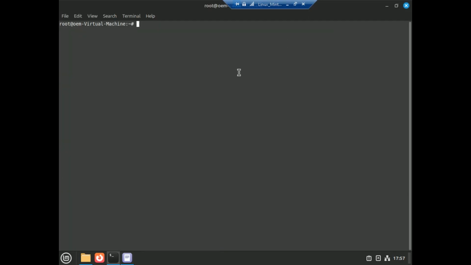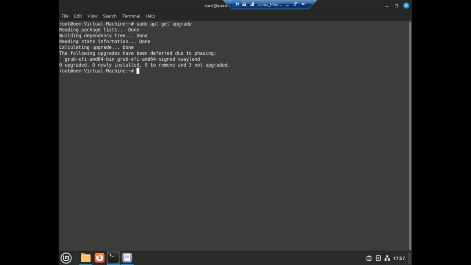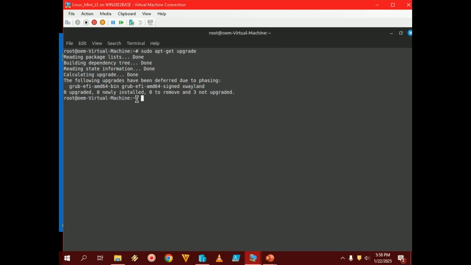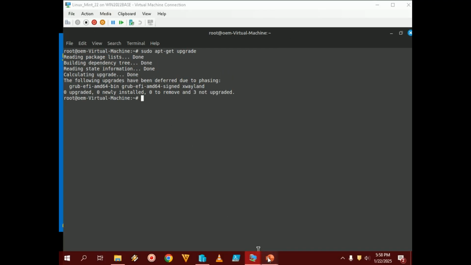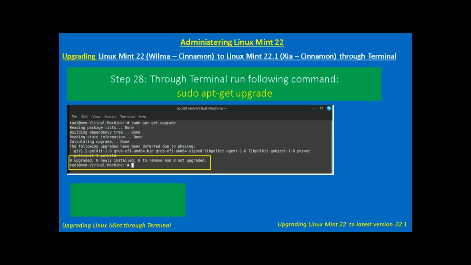Okay, and paste it, and you can see over here 0 upgraded, 0 newly installed, 0 to remove. Okay, that means nothing is left for the upgradation. Okay, everything is upgraded as of now. Okay, so